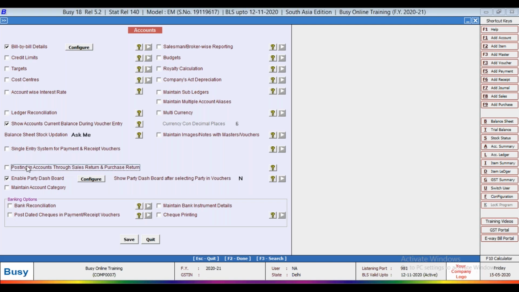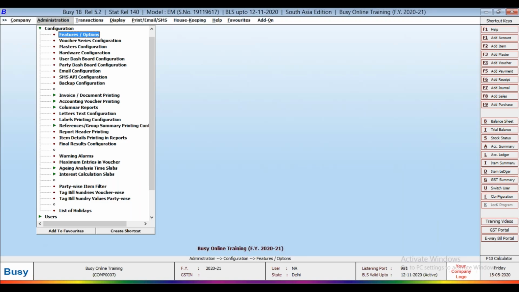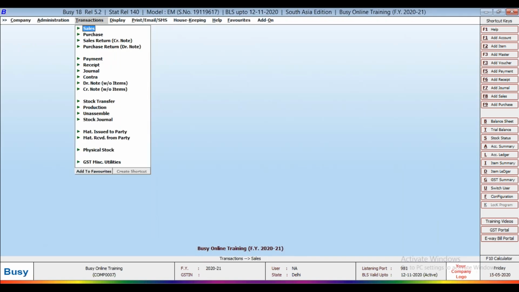So it is a very necessary option. You have to click on this menu, posting in accounts through sales return and purchase return. Save. Now I have already made an invoice for Gupta General Store.